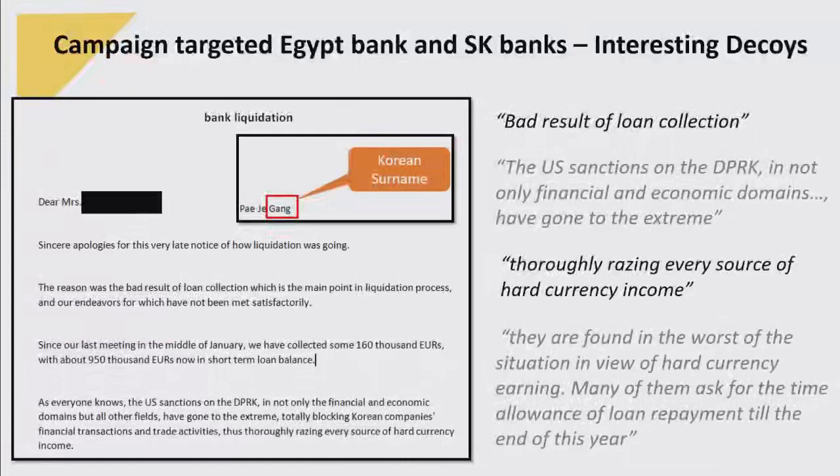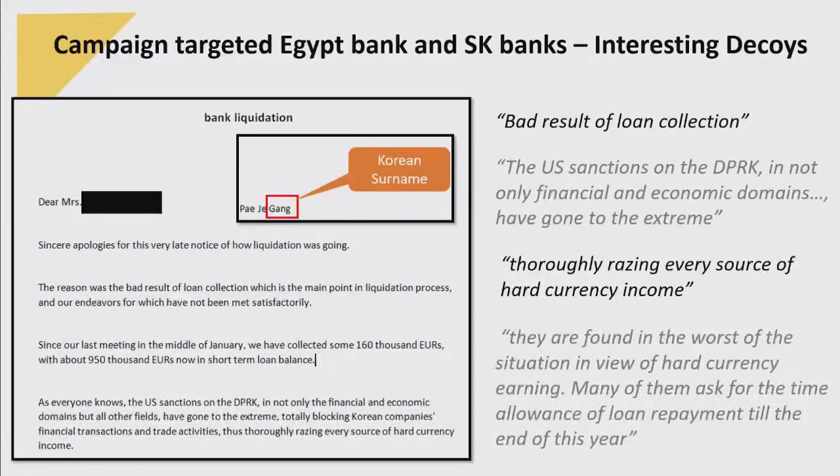they have had bad results of loan collection because of the UN sanctions on the DPRK. The email also mentions that the sanctions are not only financial and economic domestically, but also affect other aspects of the country further, and the sanctions thoroughly cut off every source of hard currency income. The reason we think this is interesting is that it has always been our hypothesis that this group is probably shifting their targets to the financial industry because of some economic issues happening to them. So this decoy kind of